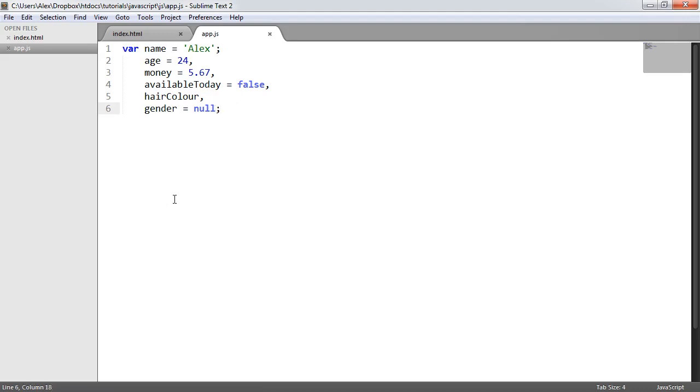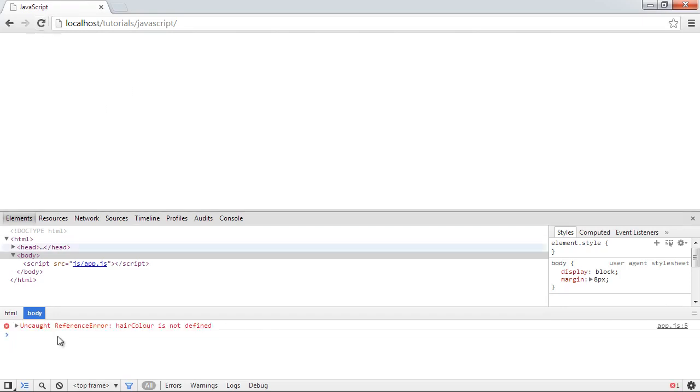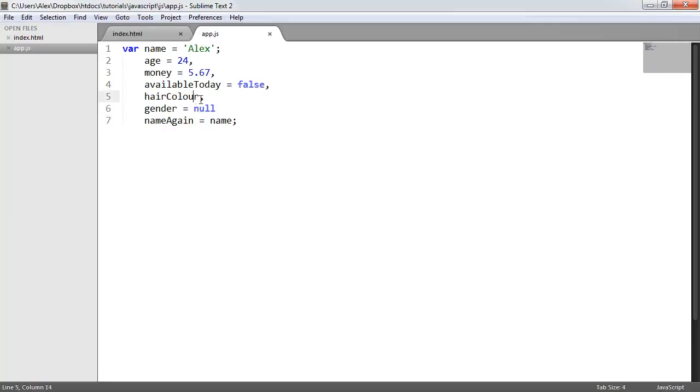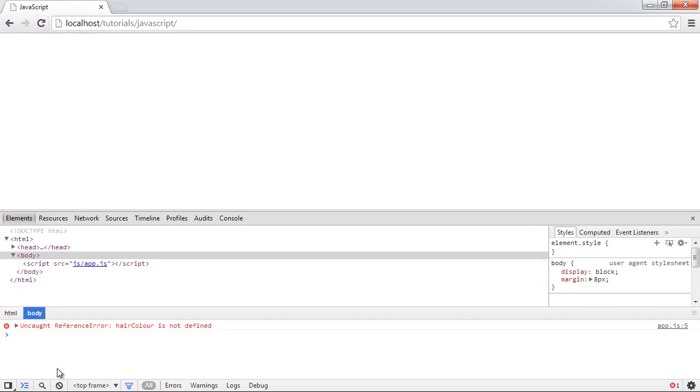Now, what we can also do is declare variables within this list of previous variables. So we can use variable values to create new variables. So for example, I could say name again equals name. So I'm using a variable to set a variable's value. So when I go ahead and refresh the browser and I type, hair color is undefined. Oh, sorry. Comma there, and when I refresh and I type,